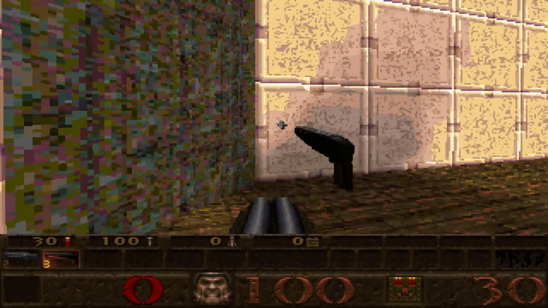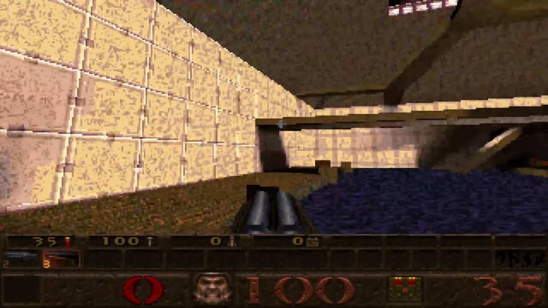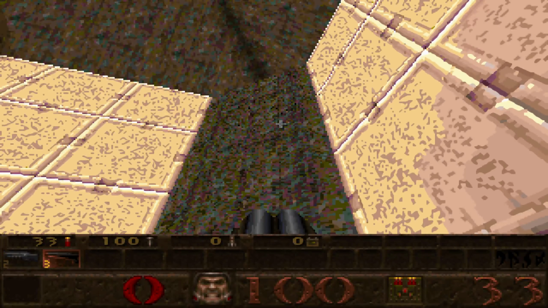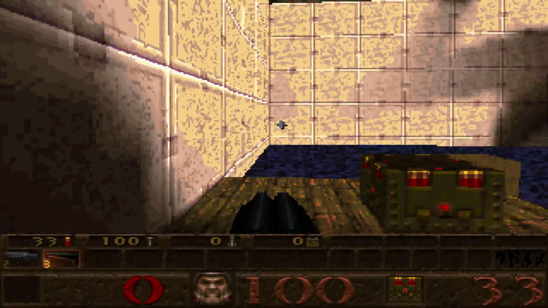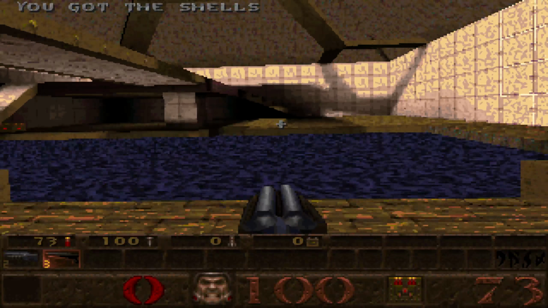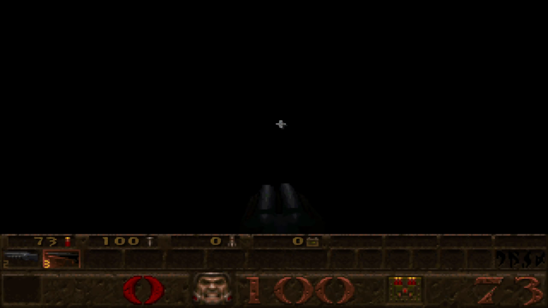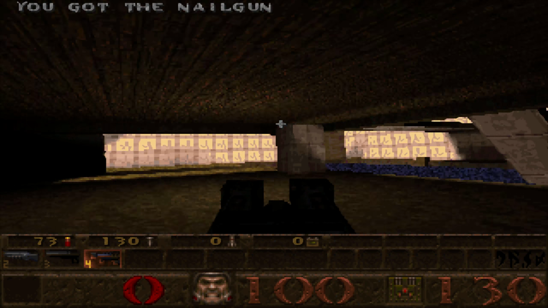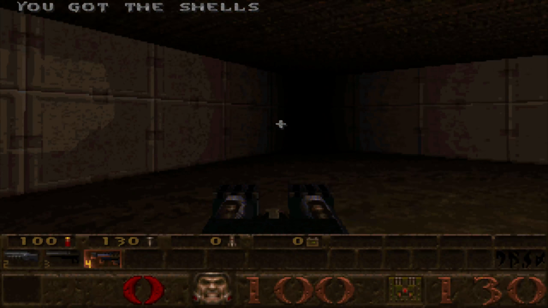It's another double-barreled shotgun. It seems like double-barreled shotguns are mainly right here. What's this? That's odd. That looks like something. Like this one wall. Nothing. Okay, let's see here. We have these other shells. So you see, that's really the big thing here. There's a bunch of shells everywhere. Oh, nail gun in the very corner here. It's so dark I can't even see it. But yeah, there's nail guns in that little corner there.